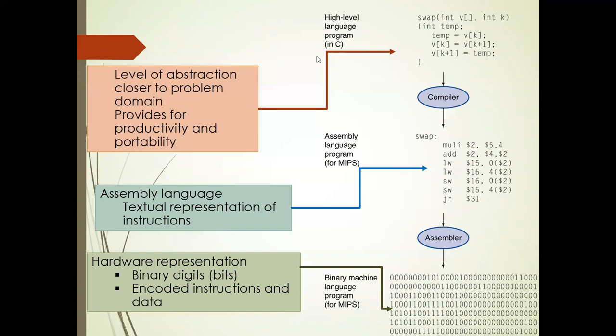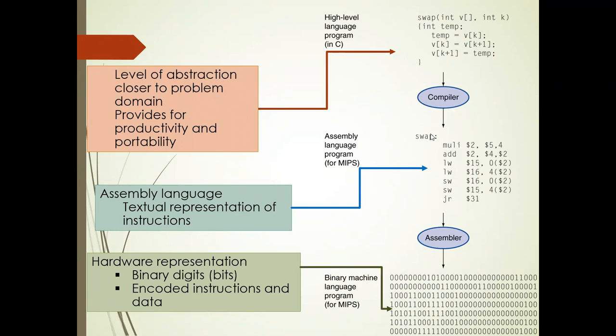Now, this is a typical example. This is a C program that swaps two values, v[k] and v[k+1], using a temporary variable. You see, this is a very compact piece of code in C. If you compile it for MIPS, which is a type of RISC processor,